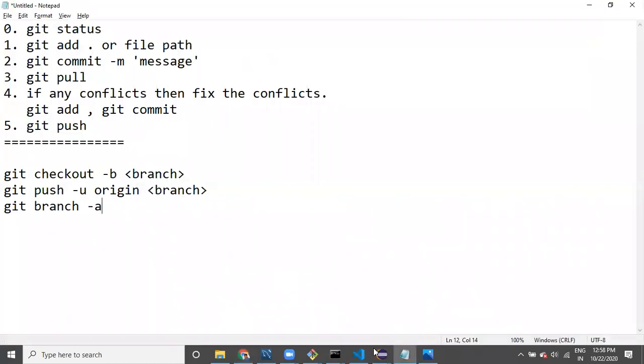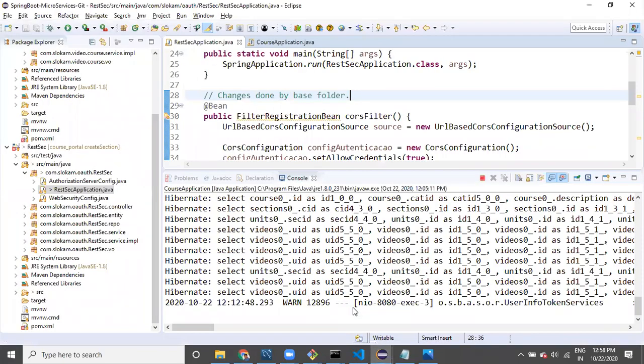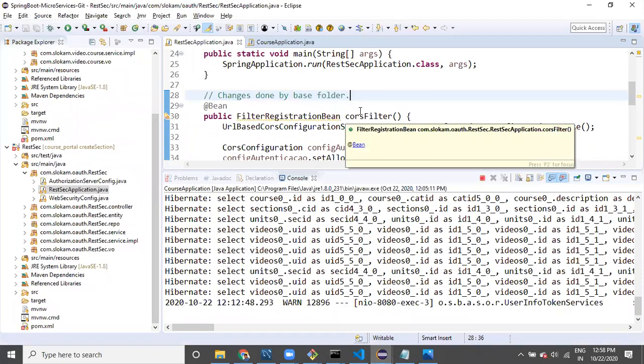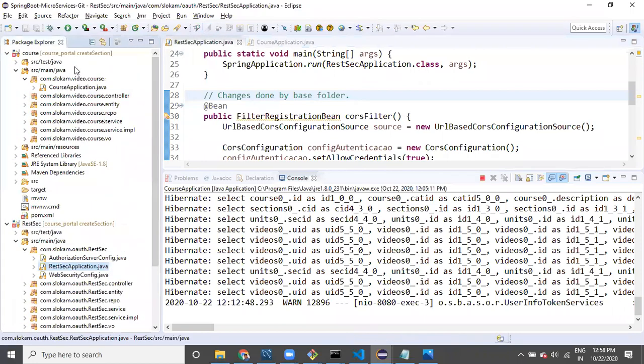So now whatever changes you have done are in a separate branch. Even here also you can see the course portal section name. If you go to here, see here, guys, create section.